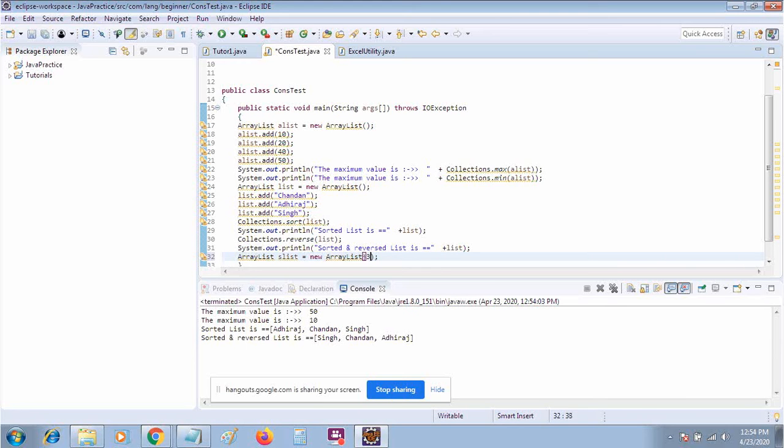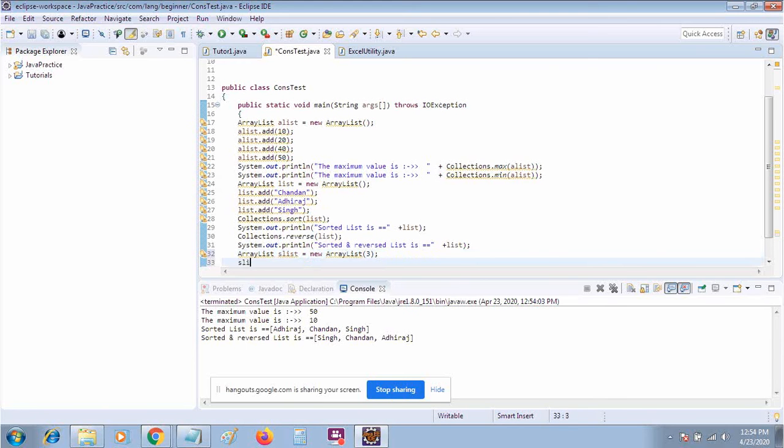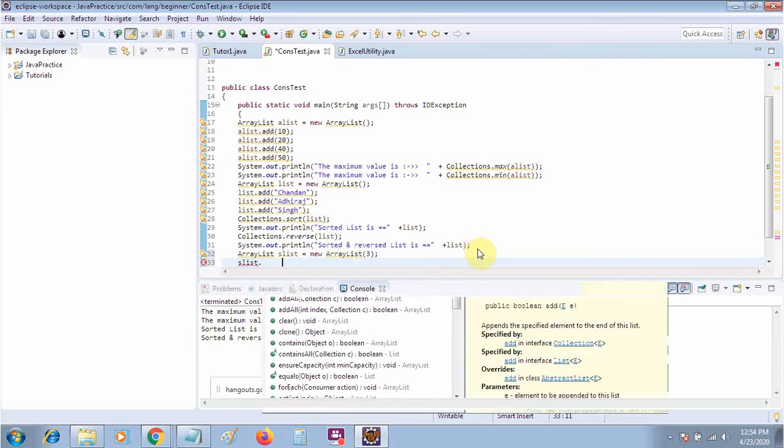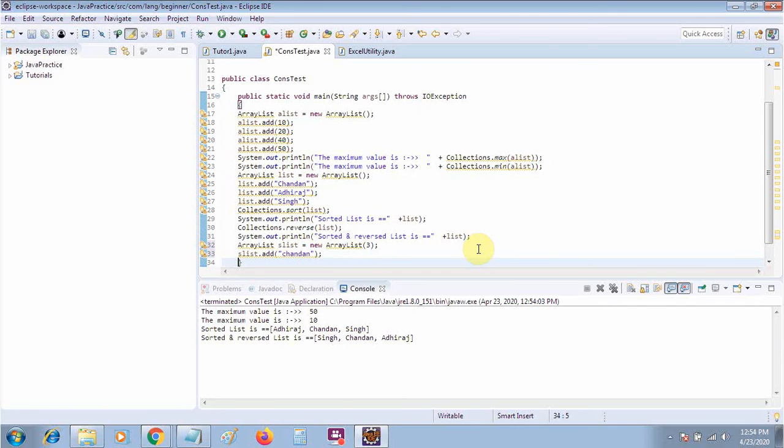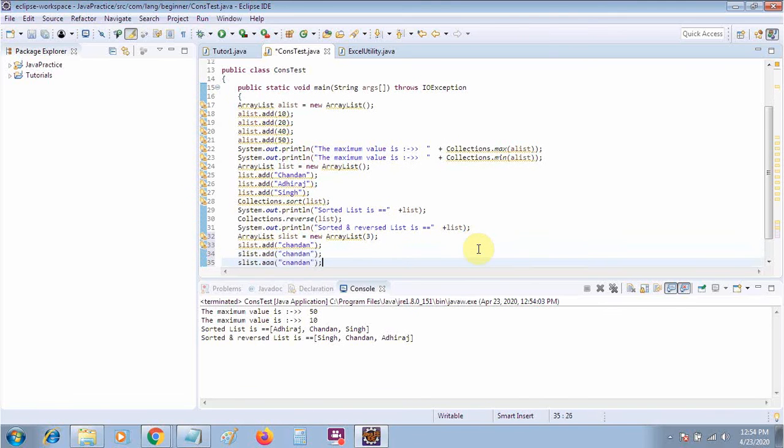For example, I am giving size 3. Now I am adding some values in my array list. At the first position I will have Chandan. In my second position I will have this one, and this one. So suppose that I have all these values in my first array list.